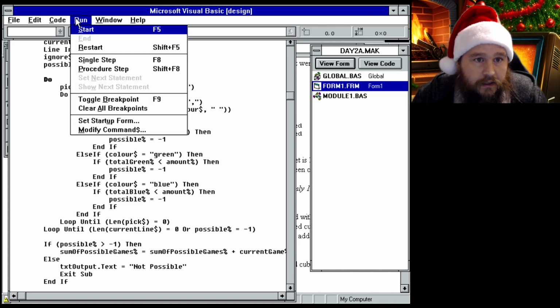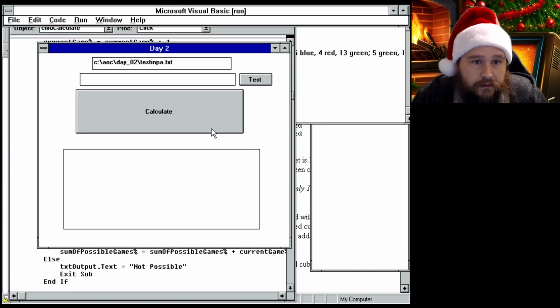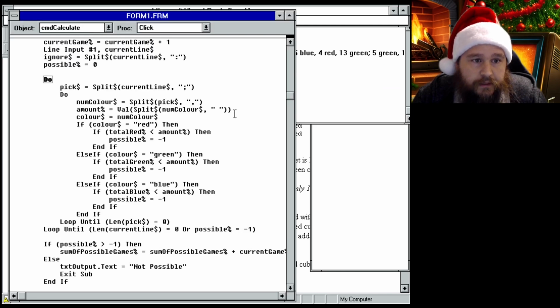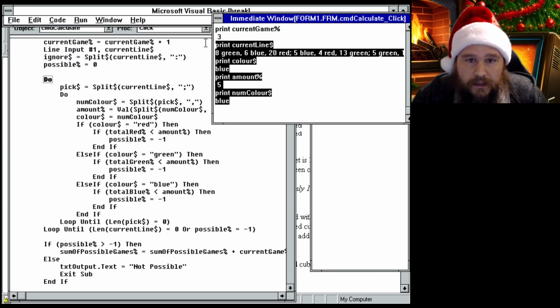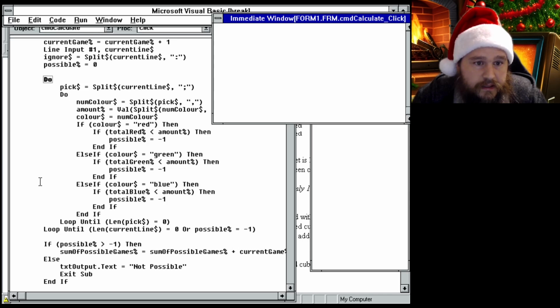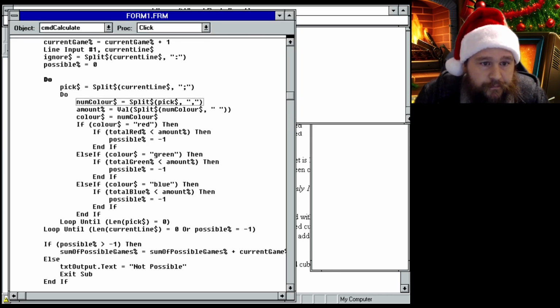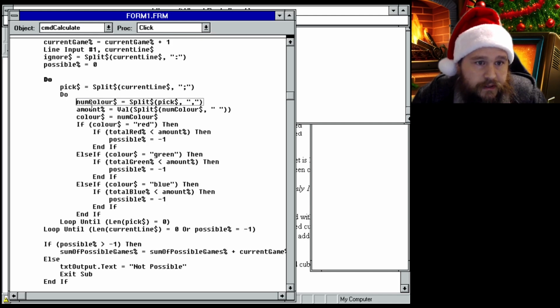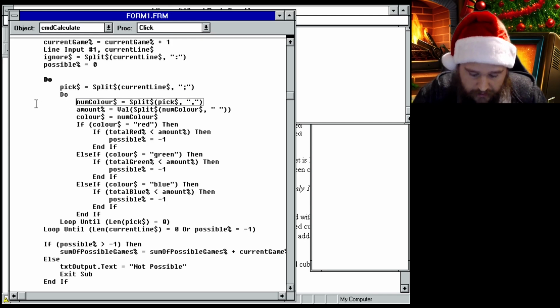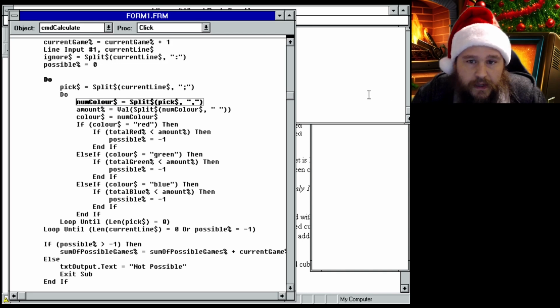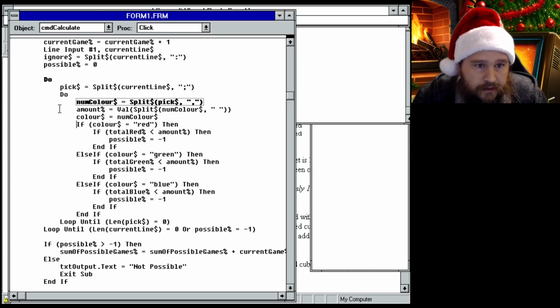How do I? Here we go. So calculate. So we're going to delete all this. We're going to put a breakpoint. Let's put a breakpoint here. That's a good place for a breakpoint. Okay, so actually, let's put the breakpoint here. This is our new breakpoint. Okay,